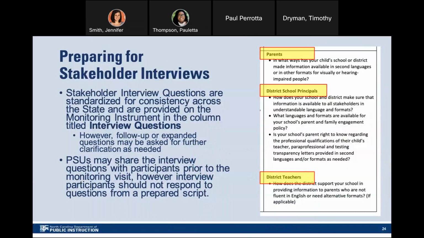When contacting stakeholders to participate in the meetings, please reassure stakeholders that this is a routine monitoring process that occurs once every 4 years, and that the process focuses on PSU practices, not on school or staff members. The interviews will be documented with notes and sign-in sheets, but none of the comments or discussion will be attributed to specific participants. You will see on the slide some examples of the types of questions that will be asked